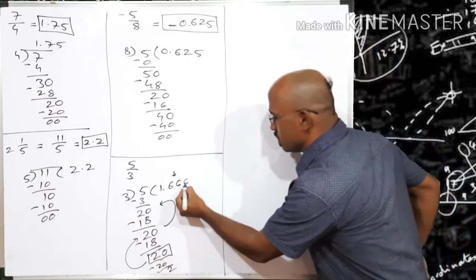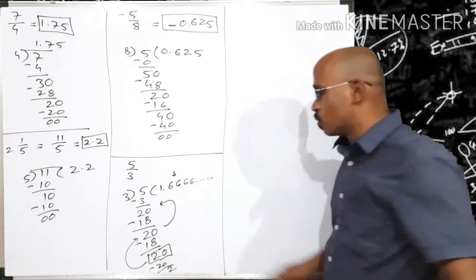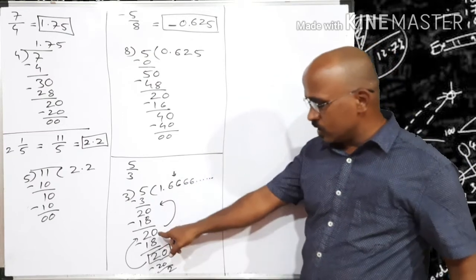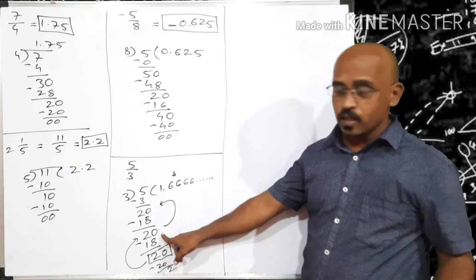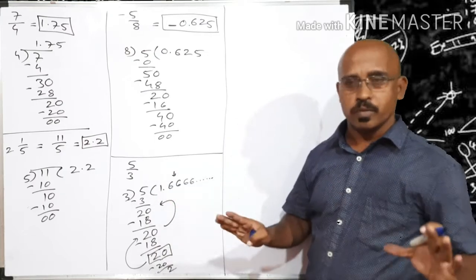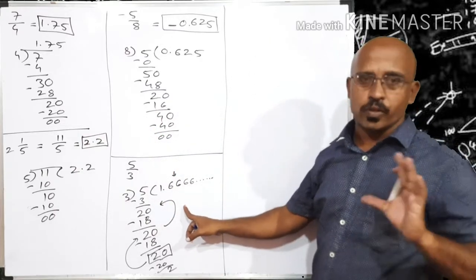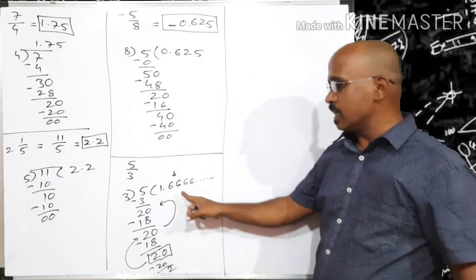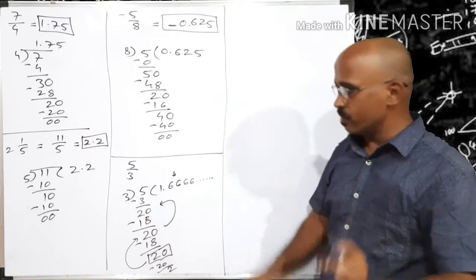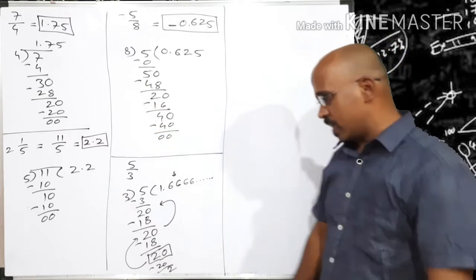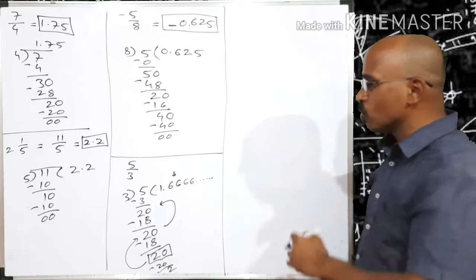Because this 6 6 6 6 6 is going to appear infinitely. This 2 is going to appear infinitely, right? Means this division is not going to terminate. This division terminated, but this division is not going to terminate, right? So what we say, this is a non-terminating division, and these three were terminating divisions, right? So how to write this answer?